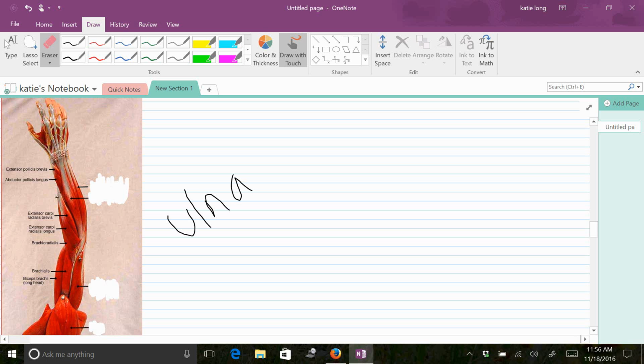Okay. So we're going to head to the ulnar side of your arm, okay? Medial side. And we will label your extensor carpi ulnaris and your extensor digitorum. Okay, so